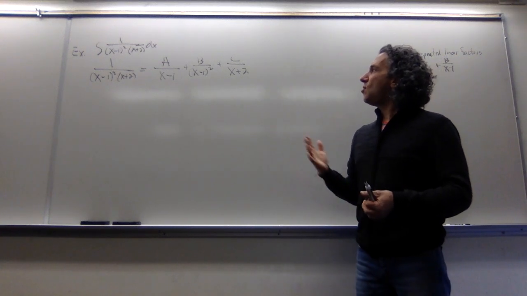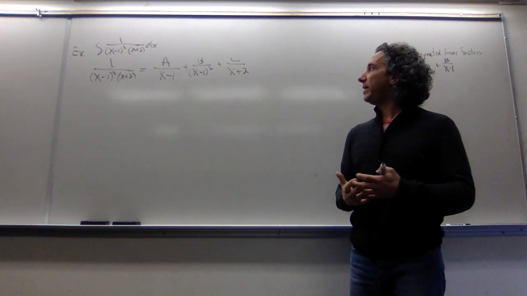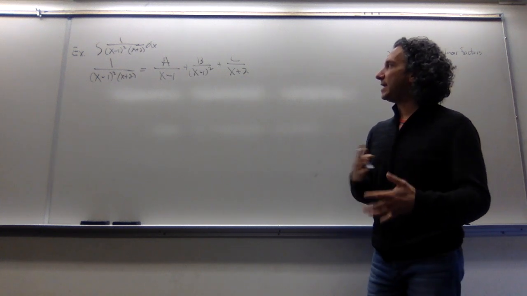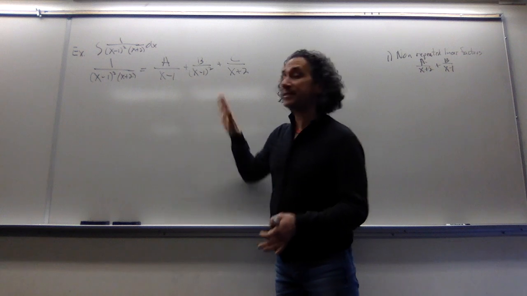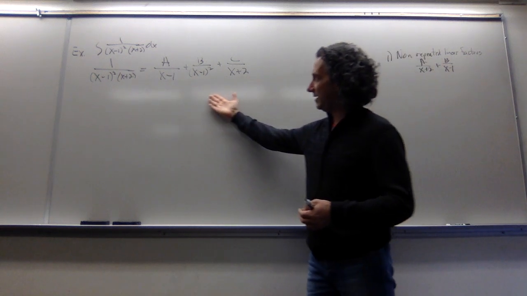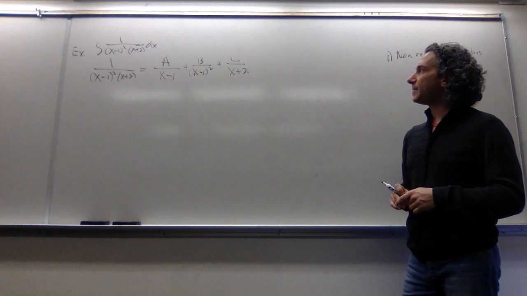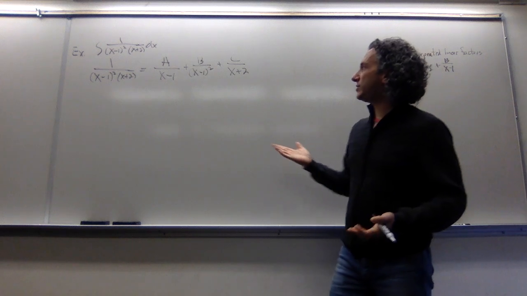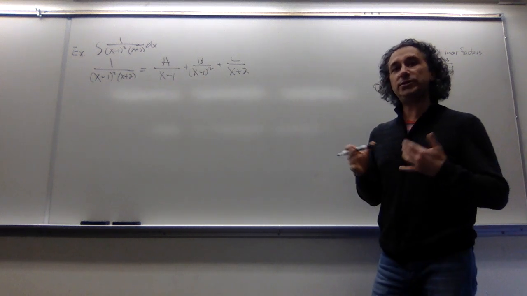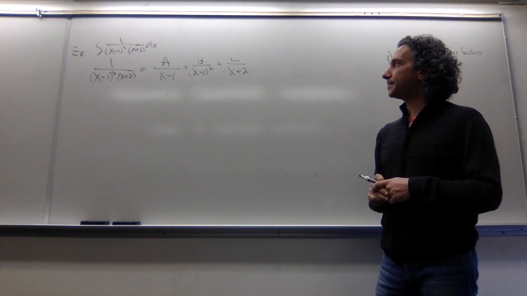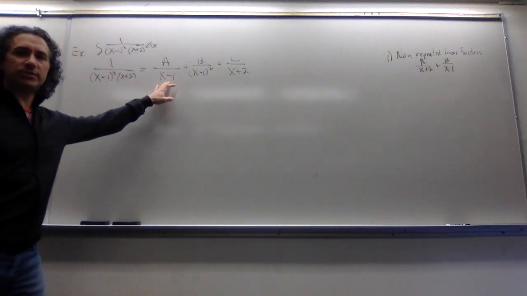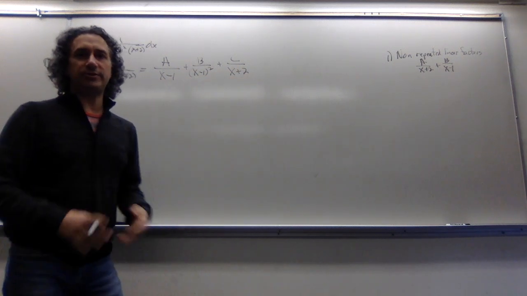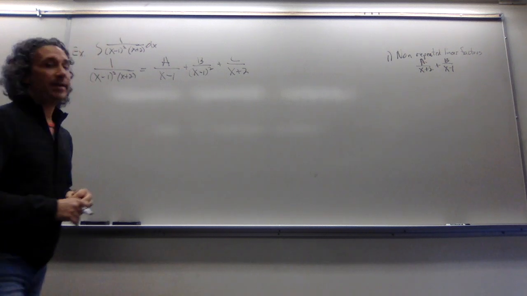Again, I want to be clear about this. Why that works, why we know we're going to be able to find an a, b, and c, is due to that theorem. And without really diving into the theorem, we can't understand why exactly this is going to work for us. I'm telling you that it will because we're not going to actually prove the theorem. Before we actually find the a, b, and c, once again, please pause the video and tell yourself how you're going to integrate this once you find an a, b, and c. Hopefully you said, oh, this first one you could just do u substitution. The second one you could just do u substitution. This third one you could just do u substitution. So our goal now is to find a, b, and c.